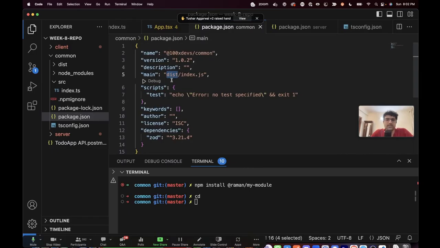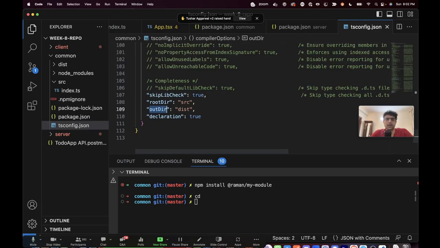That is all the changes we made to package.json. So you could create your own package, and the only changes you'll have to make are this and this. Cool. Next up,